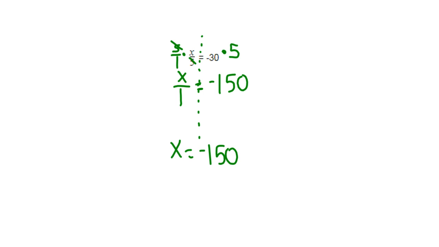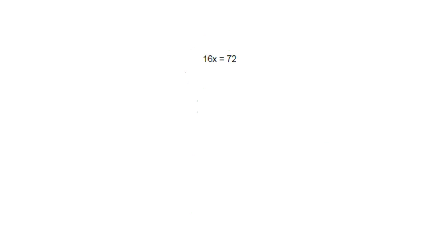If I plug that back in, negative 150 over 5 equals negative 30. I'll see that I get negative 30 equals negative 30. Again, I've got a true statement. So I'm doing the same thing, I just have to understand which operation I have to undo. And I have this last equation here, 16x is equal to 72. So I'm multiplying x by 16. To get rid of that